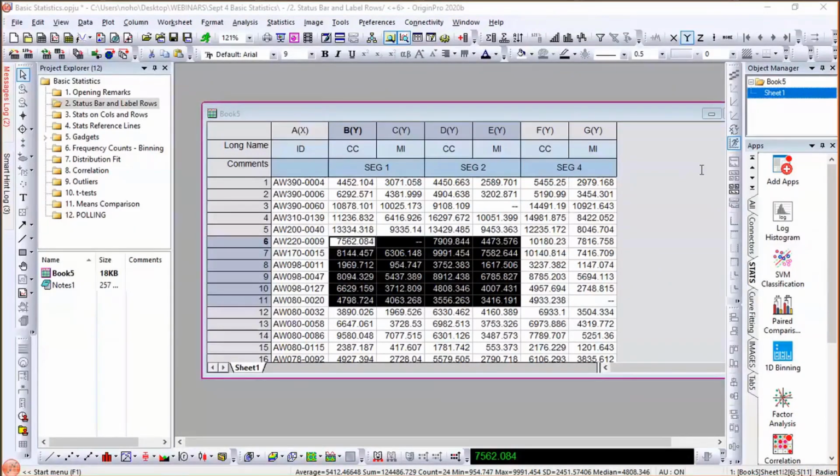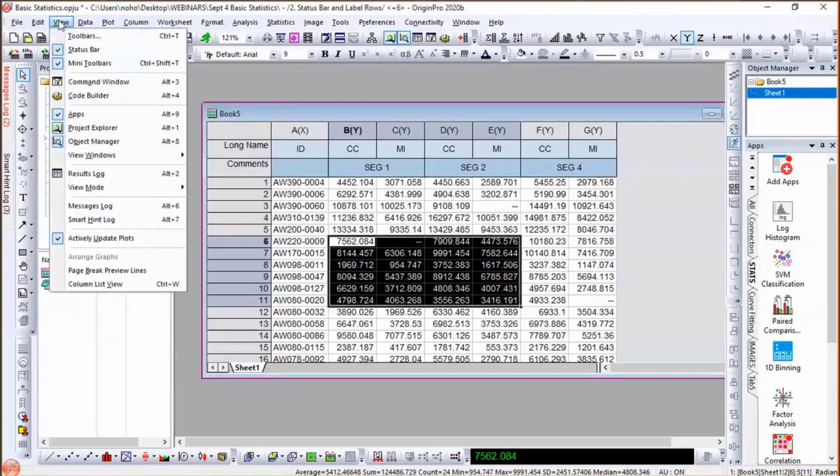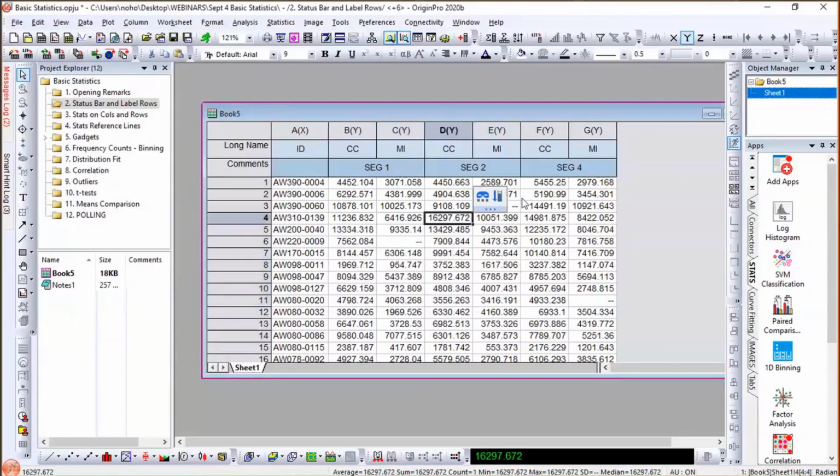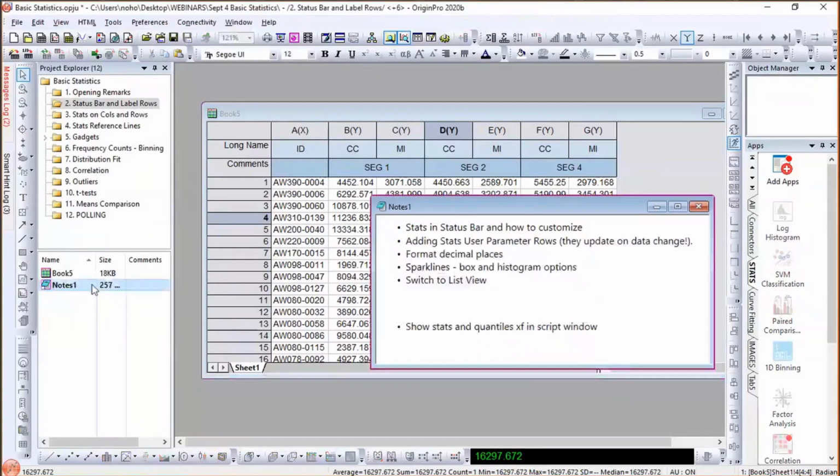So somebody asked, where can you find the App Center? That depends on your version. If you have one of the latest versions after version 2016, the App Center is there and it's available from the View menu as well. Okay, View Apps. Somebody's asking, is the data available? Yes, again, we will share the project with you when we are done and we'll put it up early next week. Okay, so now continuing with this,